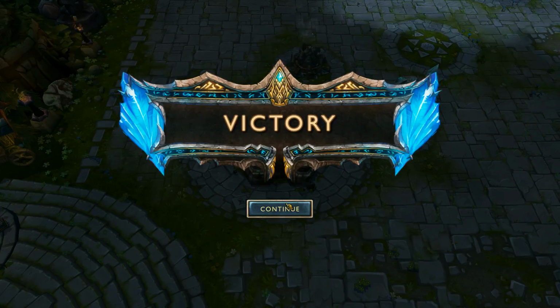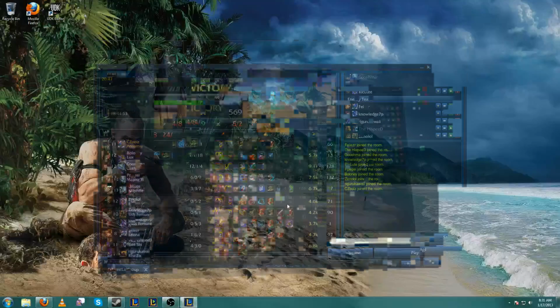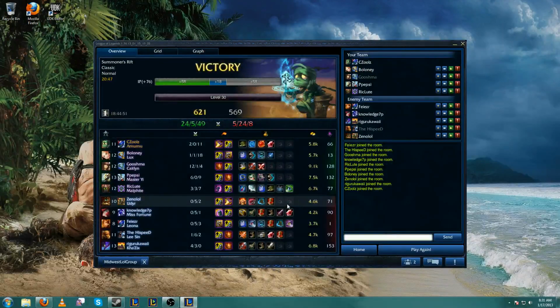Amumu was really strong. If he's not banned, pick him up, play him. His ganks are a little weak pre-level 6, but after level 6, really strong ganks and really great team fighting. Does a decent amount of damage too. So if you snowball a little bit, I only went 2-0-11, so I didn't really have too many kills. But if you